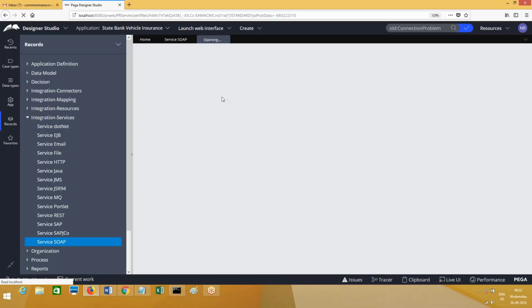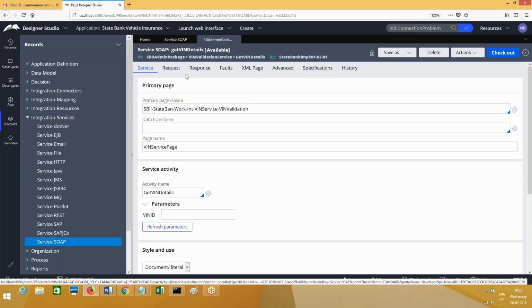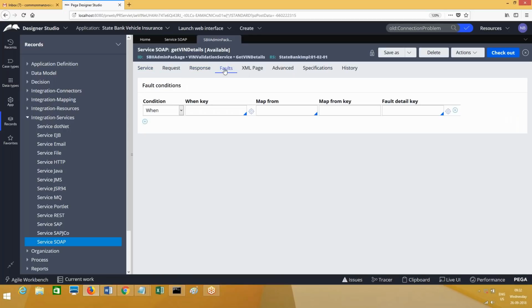In case of services, the service will get a request from a third party vendor. So there is no way that you do exception handling at the activity. Internally the service is processing, and some issues are there. How to do the exception handling? Now, you have to use the fault tab in case of services. The purpose of the fault tab in services is to do the exception handling. In a connector, the fault tab will hold the properties related to exception details. In case of services, the fault tab is for exception handling.